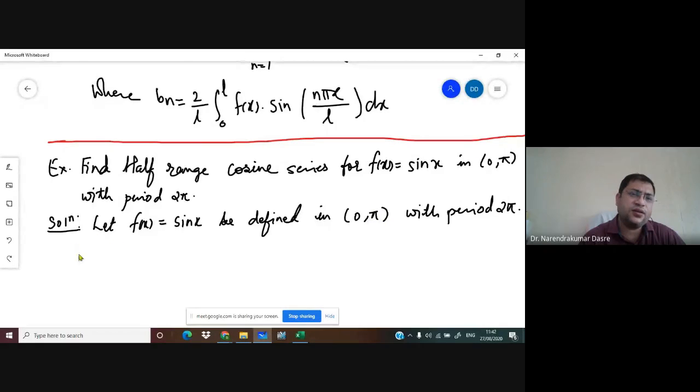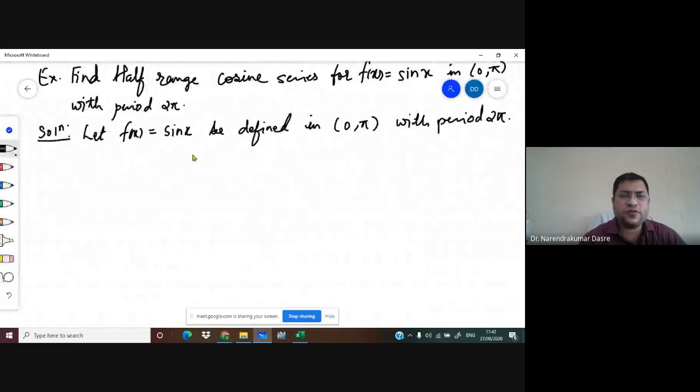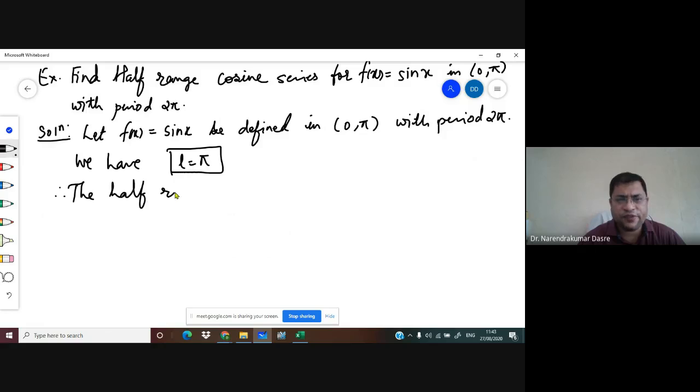Okay, so here we can write L is equal to pi. Or you can also calculate it from the period: 2L is equal to 2 pi. The period is, by default, 2L, but the interval will always be 0 to L, so you can calculate L from the interval also. And hence we can say the half range